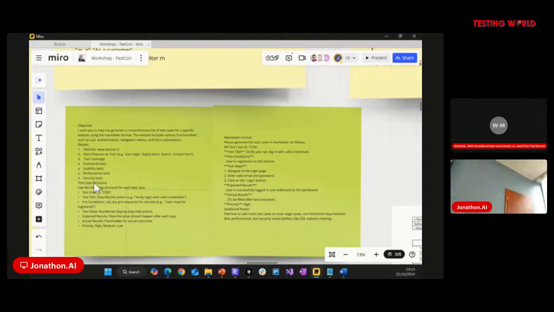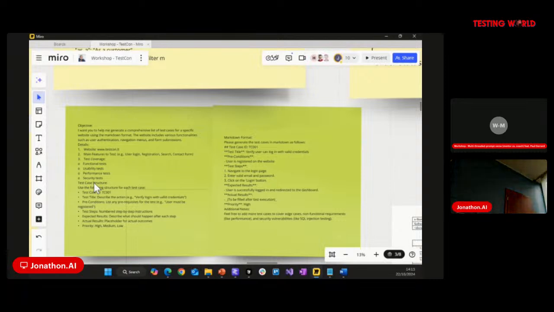So this is a great template from your prompts, and this is a prompt that has been refined over time, right? And again, it has that same structure. It has the objective. It has that markdown saying, I want you to do this. I want you to generate some test cases for me. And I'm going to give you it in markdown format with all the information that you need. Now go off and I want you to test